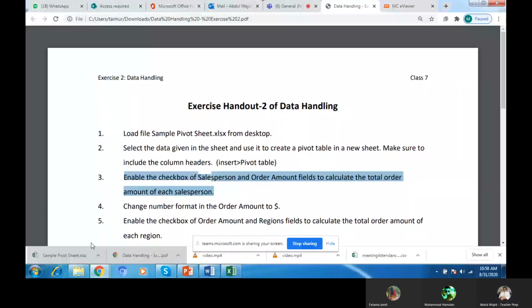Now, changing the number format of that one in dollar. Okay, we will change the number format of the order amount to dollars.